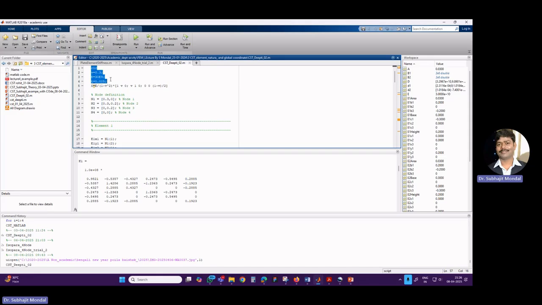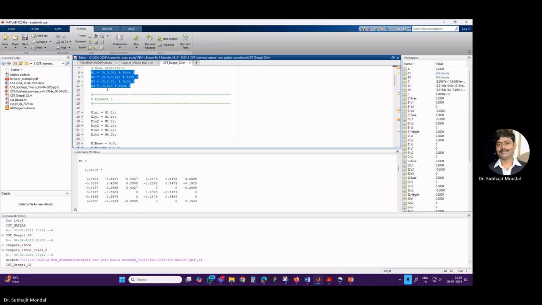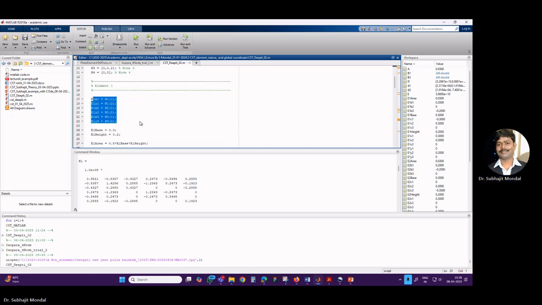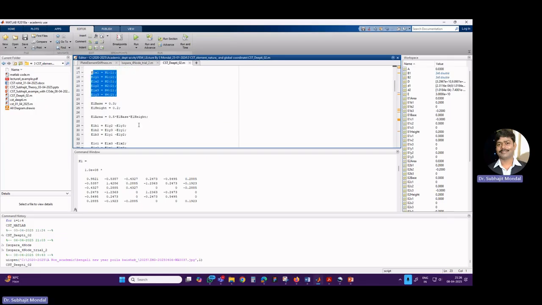So first portion is material properties, and here we have calculated the D matrix, and here we are defining the coordinate values. Okay, that is the global coordinate value. Now here for the element 1, we are defining the coordinate corresponding to the node number. Okay. Now here we are calculating the area of the element 1, and then we are calculating the B1 matrix,